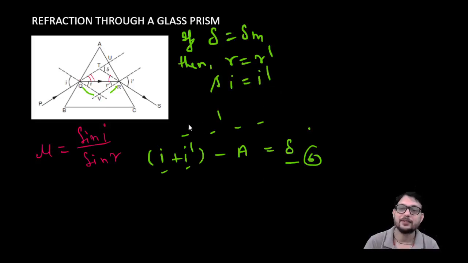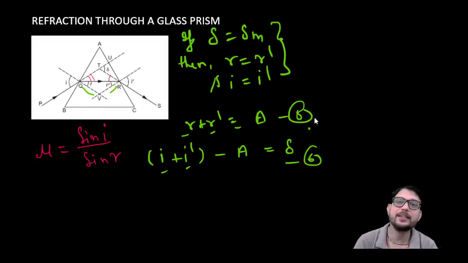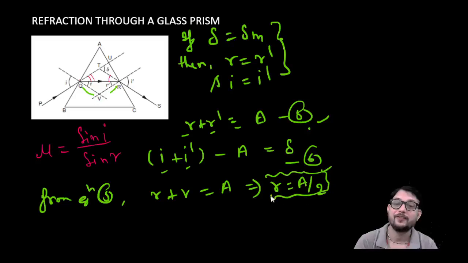So here we have R plus R dash equal to capital A. This is your equation number 5. With these observations from the experiment, we can use them in equations number 5 and 6. From equation 5 we have R plus R, because in place of R dash we can write R, and that will be A. So R will be nothing but A by 2. This is your first result.